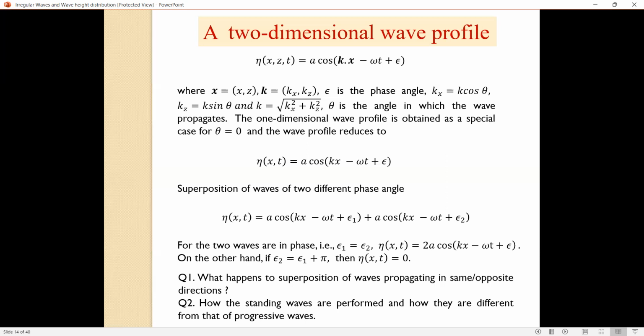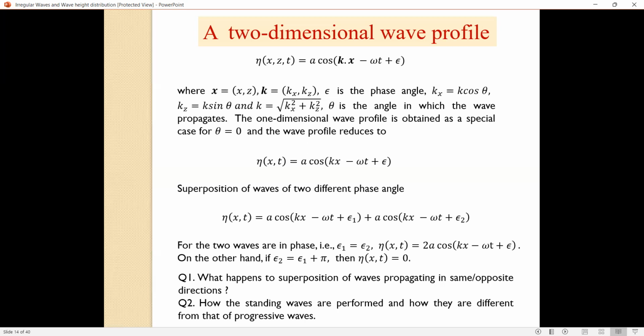I have a wave coming. Can he generate another wave which is 180 degrees out of phase? That is a phase lag of 180 degrees. If he can generate a wave with a lag of 180 degrees, the same wave, two waves propagating in the same direction, that will create a null wave. That will kill the first wave, the second wave without any disturbance. So that is the objective.